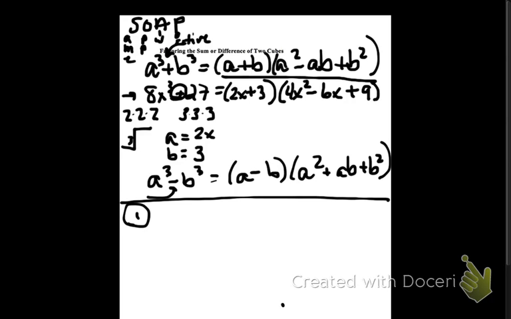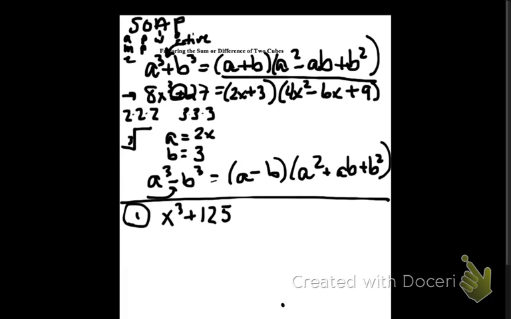Number 1. Let's look at x cubed plus 125. When I look at this, I notice there's two terms. I also notice that there's no common monomial factor, so I can't pull anything out. The next thing I'm aware of is that it's an addition sign, so it can't be the difference of two squares. So the only thing that is left for me to do would be factor if they are both perfect